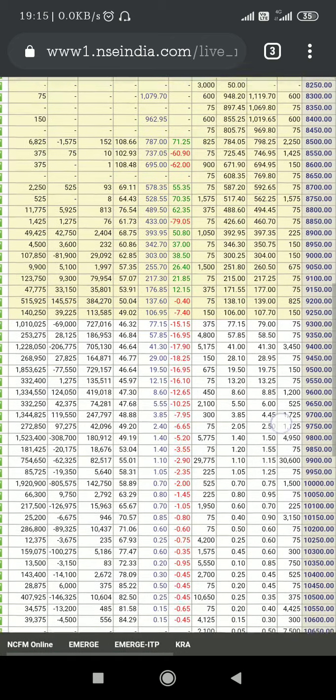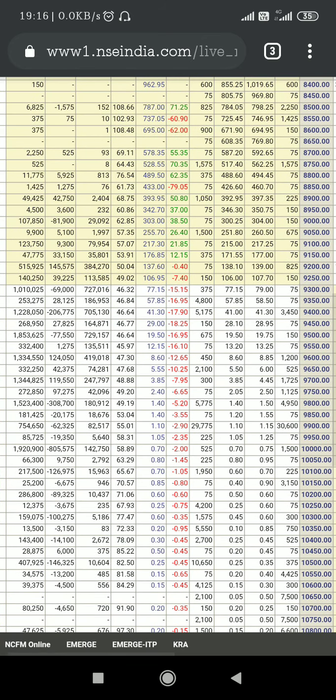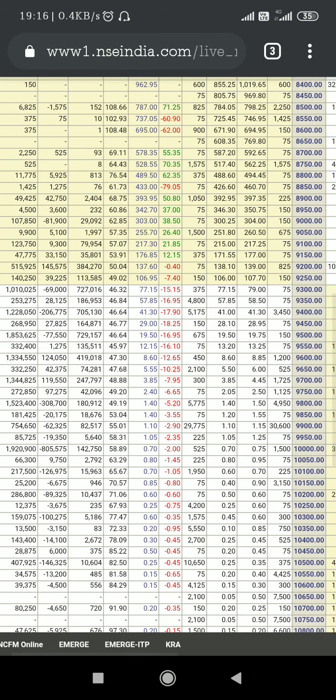On the call side, we are at the money at 9270. As you can see, there's call side covering at 9400. This means the sellers are expecting that the market can give a good move. That's why there has been massive put writing, because if the sellers are expecting the market to give a good up move, the puts would decrease. There would be a decrease in the put options if the market is giving an up move. So that is the massive put writing that we just saw on the put side of the ITM.